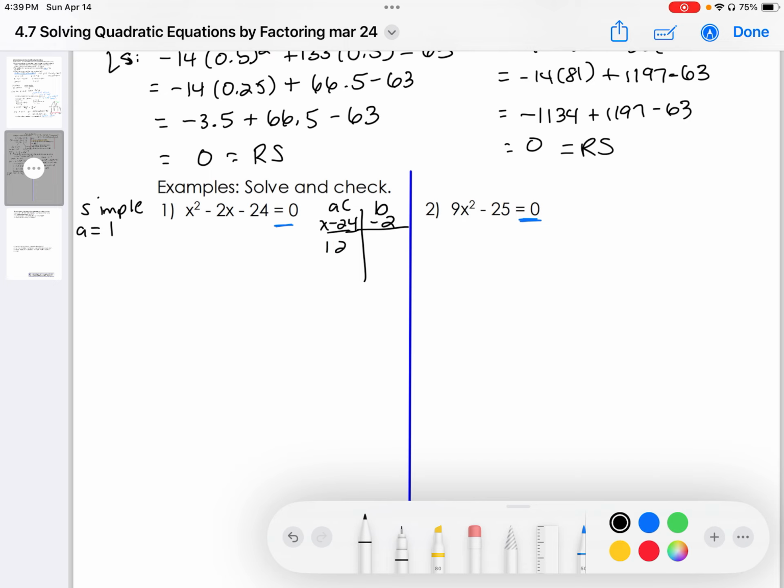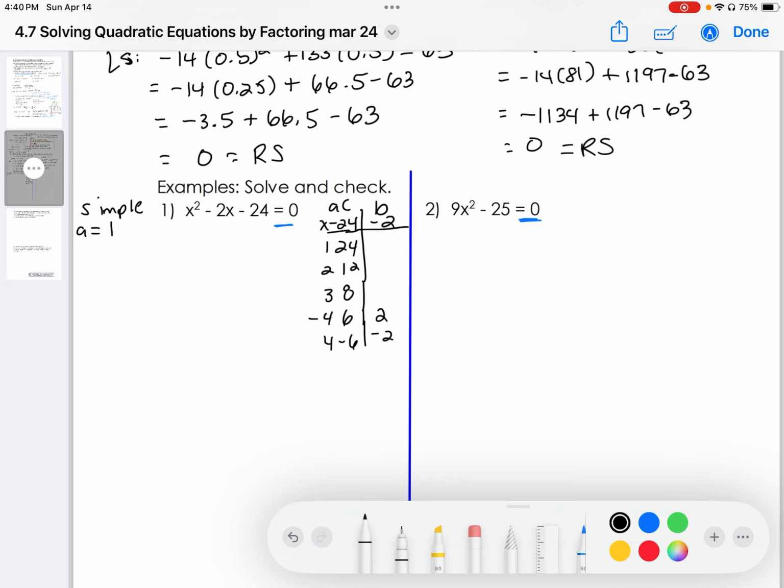So what do we got? 124, 212. That's not going to get us to 3, 8. We're getting there. That's going to be 5, 4, and 6. Okay, so one of the numbers has to be negative because it multiplies to a negative number. So if we did -4 and +6, you would get +2,